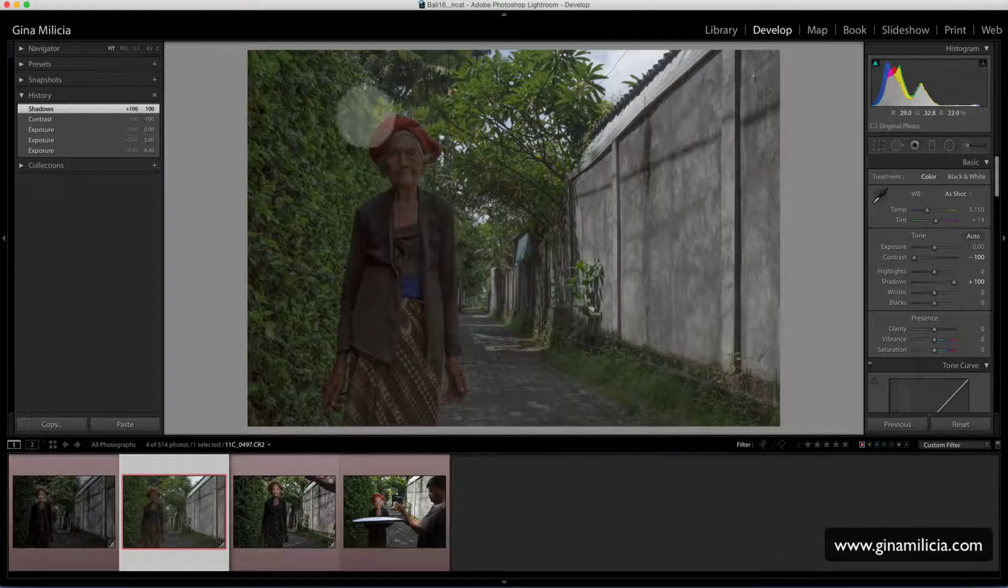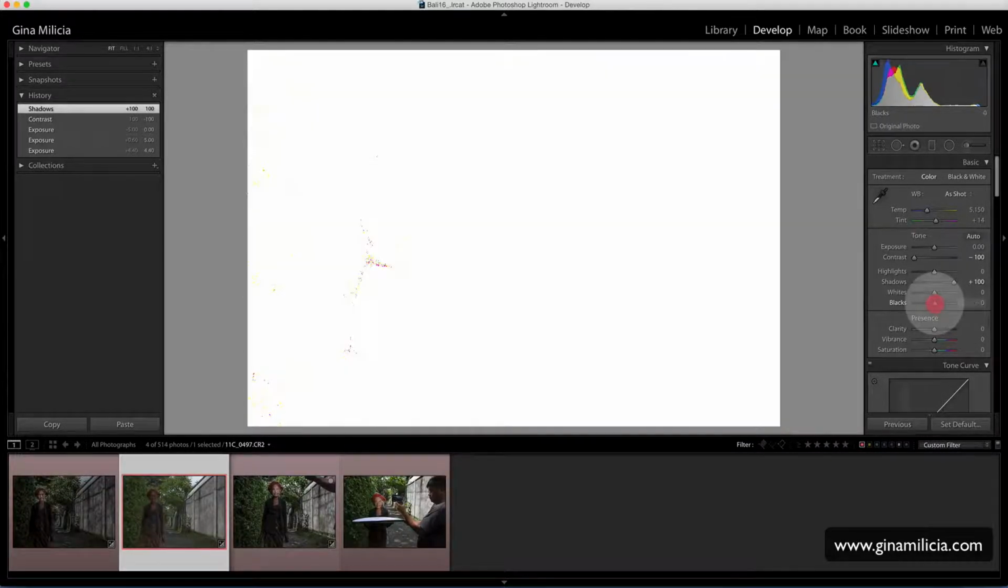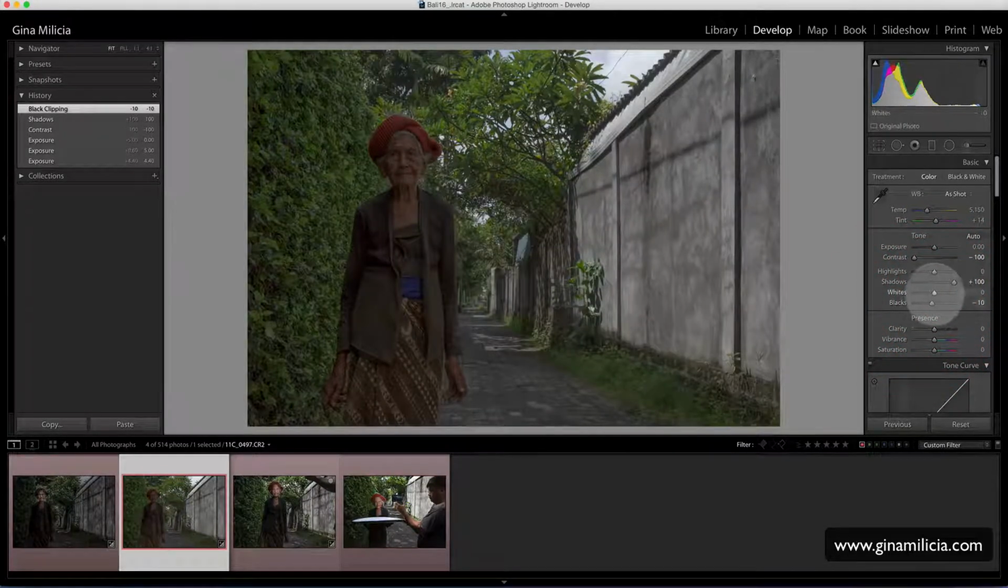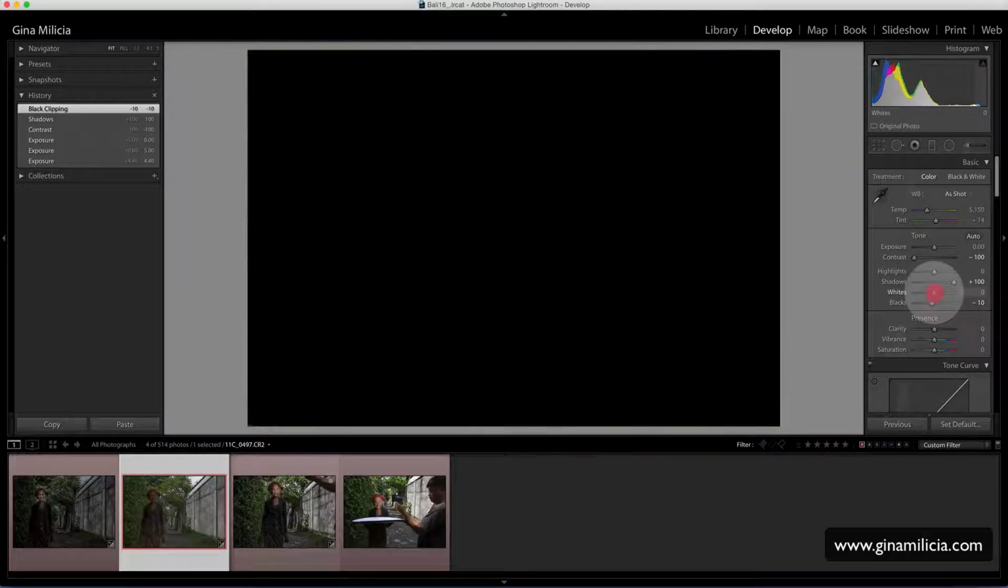The last couple of things I do is holding down the option key, just click on the black slider and just slide that across to the left. So I'm just getting a bit more black in the image, and that's a matter of personal preference. So I think that looks pretty good, and I'll do the same for the white slider, holding down the option key, sliding the white across to the right, and all I'm looking for is a little bit of a white